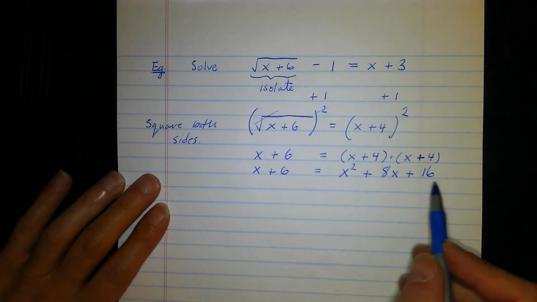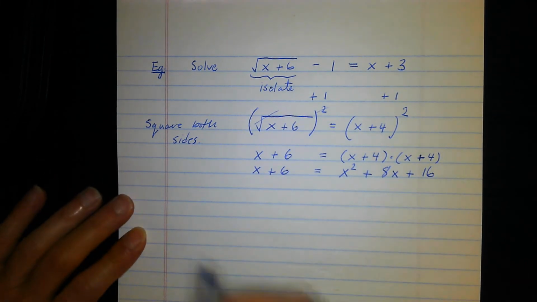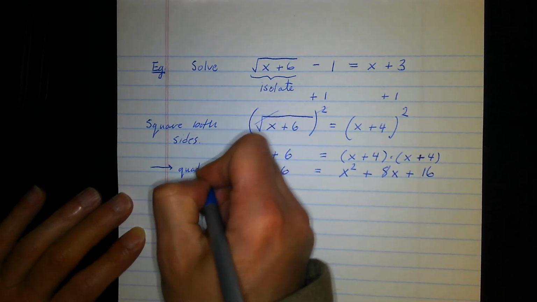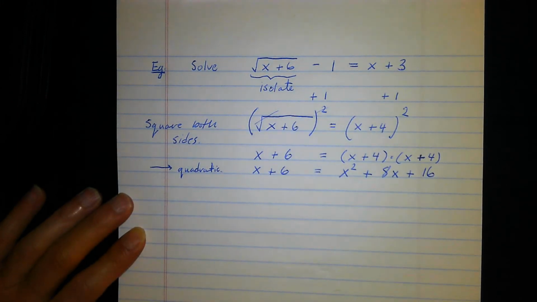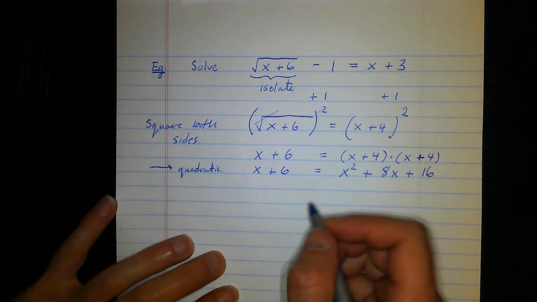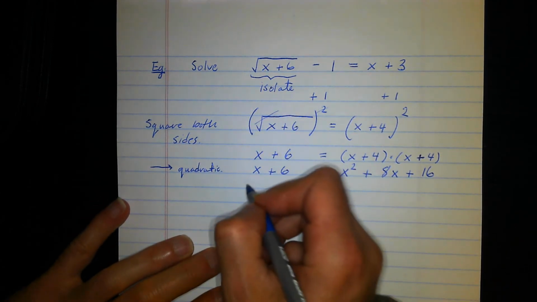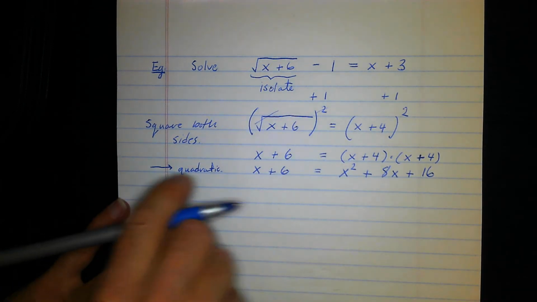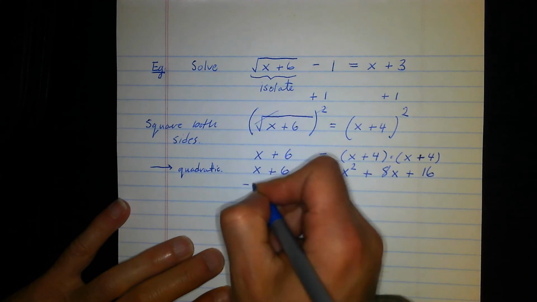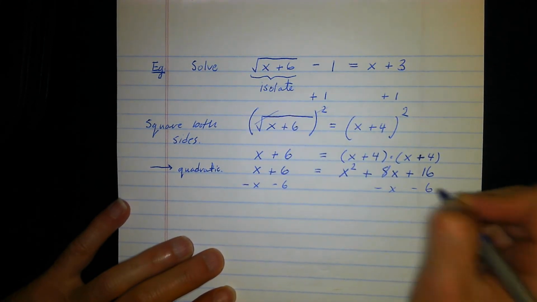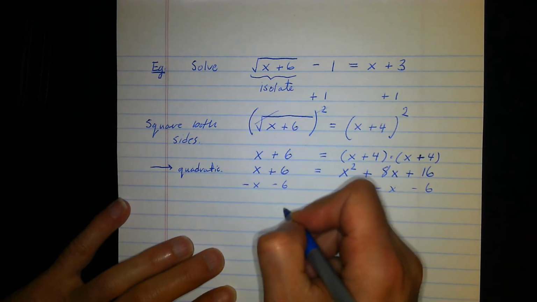Okay, now what kind of equation is this? Well, this is a quadratic equation. And so the way to solve it is to rewrite it in standard form or general form, depending on what your instructor calls it. So we need to set it equal to 0 or move everything to one side. I'm going to move everything to the left-hand side here. I'm going to minus x minus 6 minus x minus 6, and that leaves me with